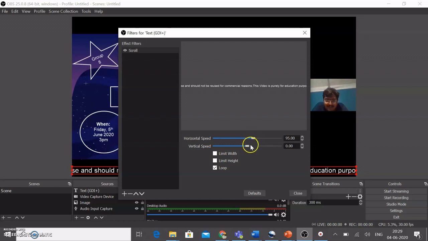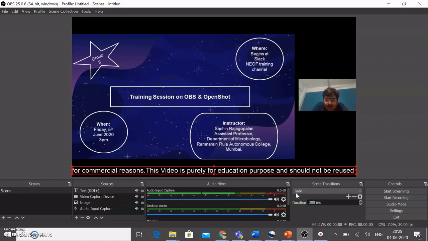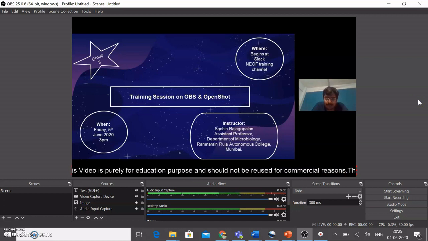So you can set that speed. If you want it to move vertically, you could move it vertically, but I plan to keep it moving horizontally. So I set the speed and then I click on close. So you can see that now the font is moving.